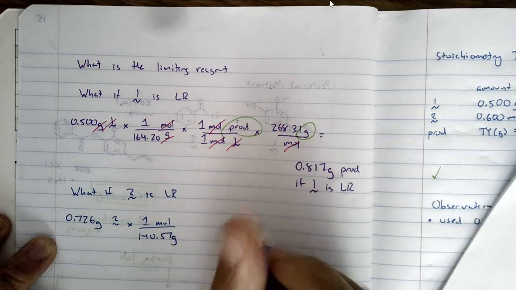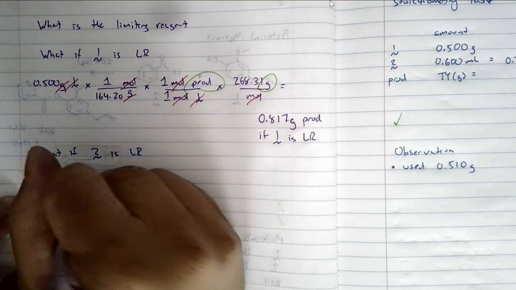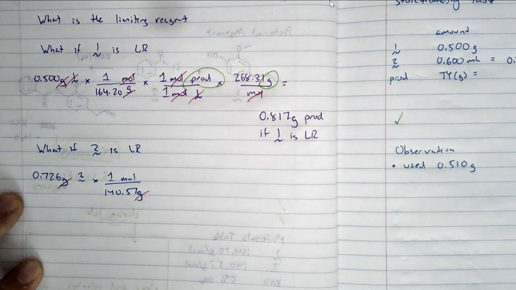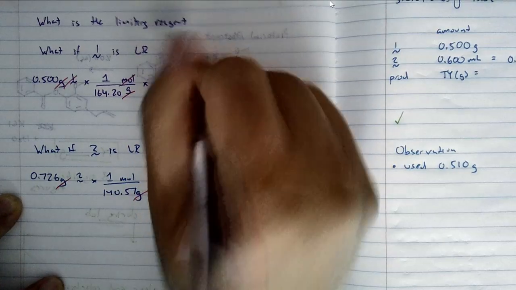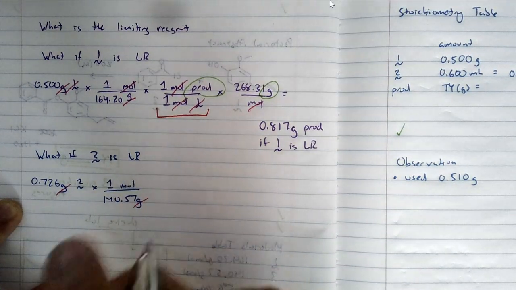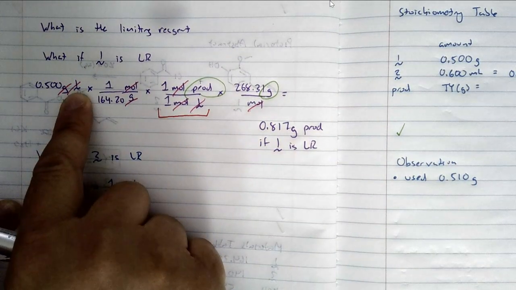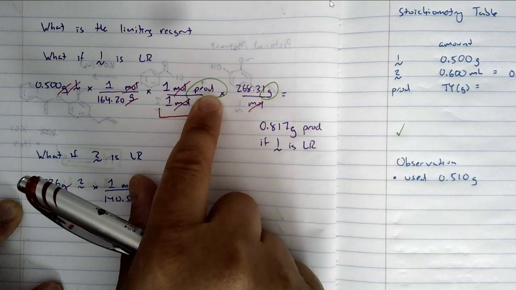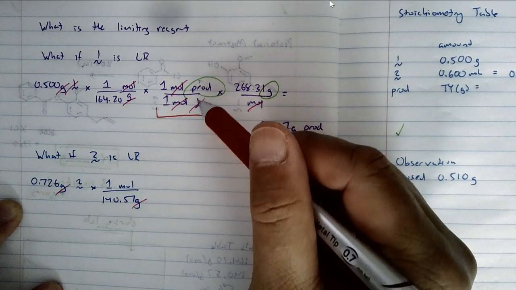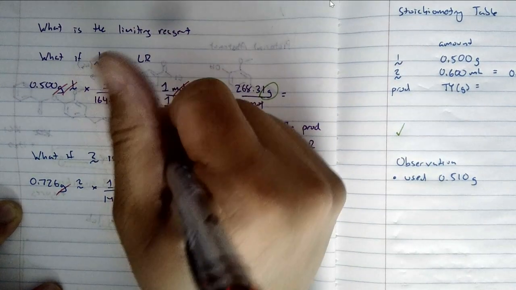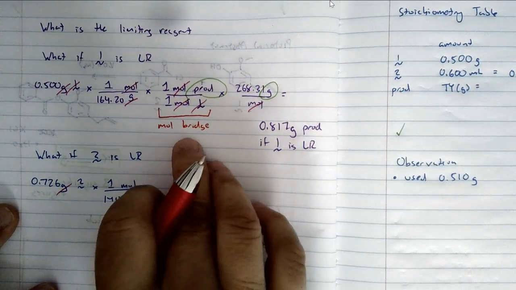140.57 grams. Okay. Look what cancels out. Grams and grams. Yeah, moles of 2. Oh, let me just label this, by the way. I know this is 1/1. Okay, and you might think, oh, that's not a big deal. Why do we have to even write it? Because I need to cancel out the compound 1 and replace it with the product. So it's kind of keeping me honest, so I know who's on top and who's on the bottom. This is called the mole bridge. I think of it as an old bridge because it bridges